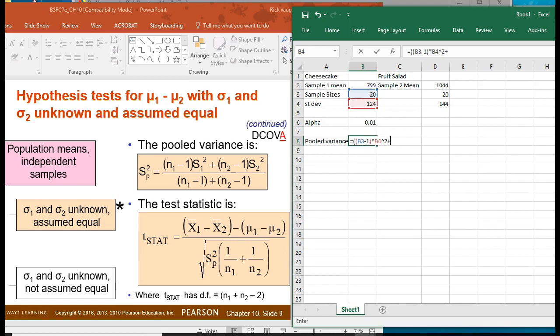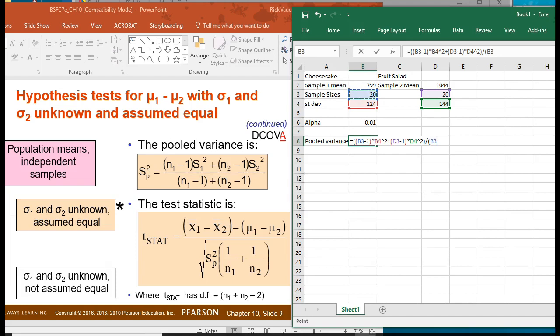All right, now we need to do plus, and then parentheses n2, which is also 20, or D3, minus 1, close parentheses, times the standard deviation for the second sample, quantity squared, and that's the entire numerator. So now we're going to do divided by, and I'll do open parentheses for the denominator,